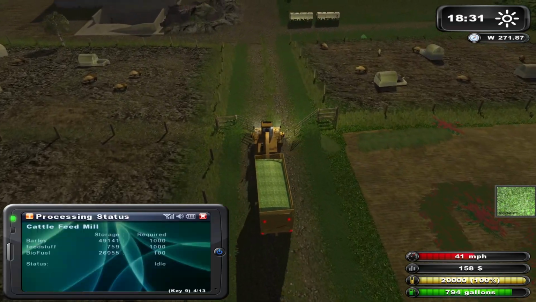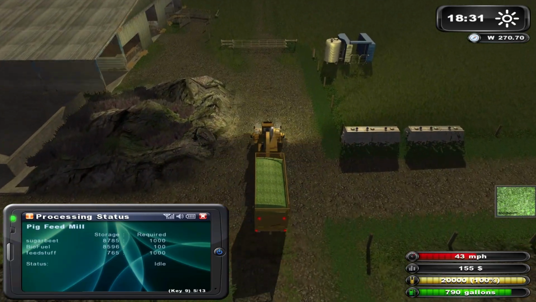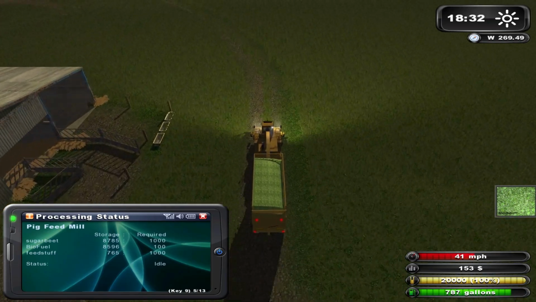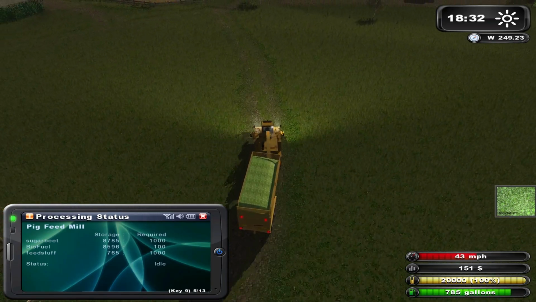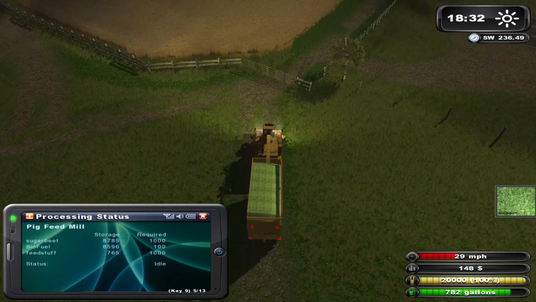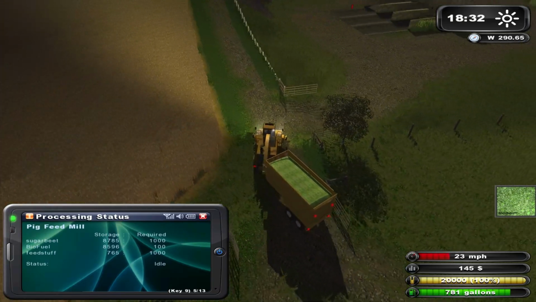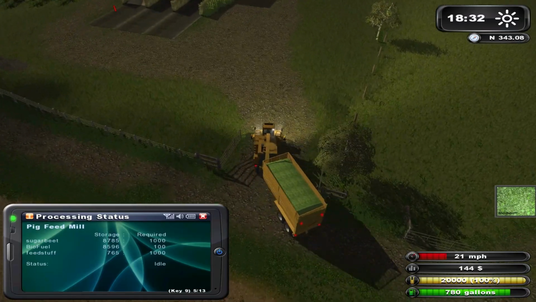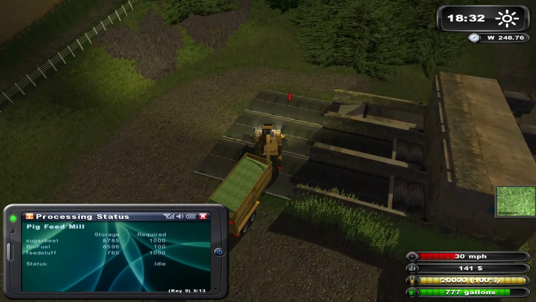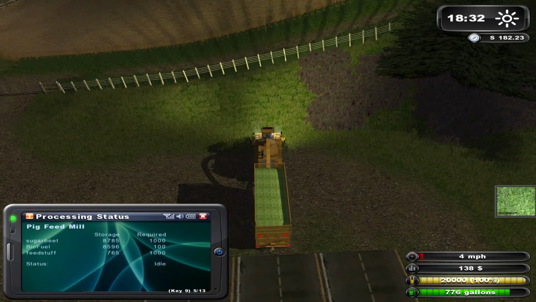Now, let me see here. I was going to put this, I think, in the pork. I got one more to do. Yeah, maybe a partial load is all I would need. I basically need to drop 8,000 pounds, right? Or 8,000 liters. Maybe I'll be quick enough on the trigger finger to do that. Let me see if I can do it. Because then that way I'll use up the sugar beets and then I'll...